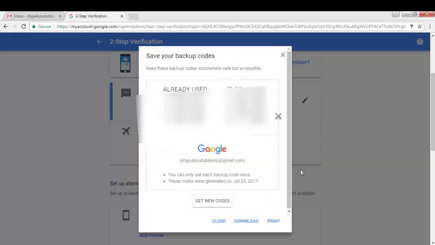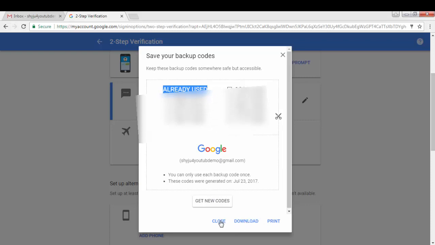So show the codes. Now see here, there are 10 codes that are given by Gmail. So save these 10 codes somewhere. I had already used one code, so Gmail is showing that now only 9 codes are remaining, but you can get new codes by clicking on this get new codes. So save these codes.